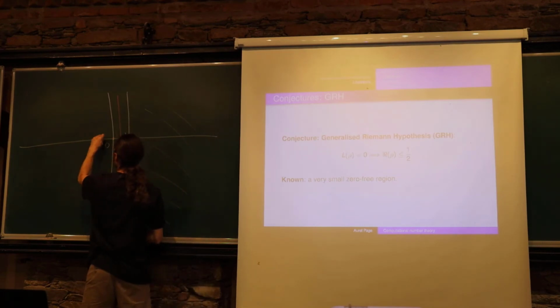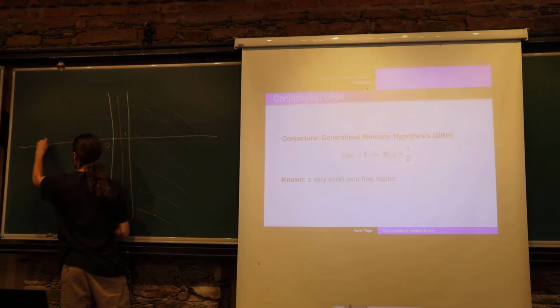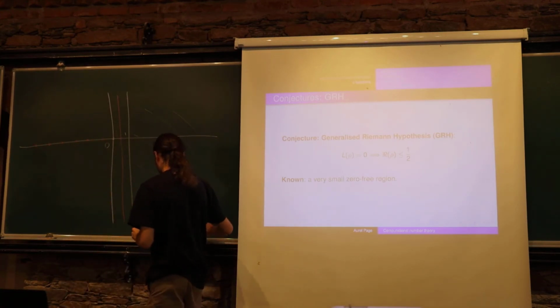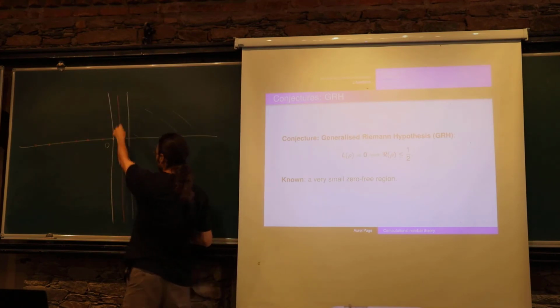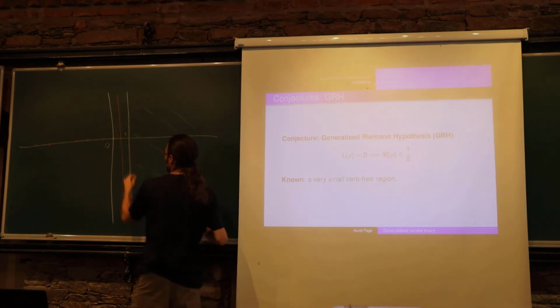I mean, there are always zeros there, but they're not very interesting. And so we believe that all the zeros are on this vertical line, and what we can actually prove